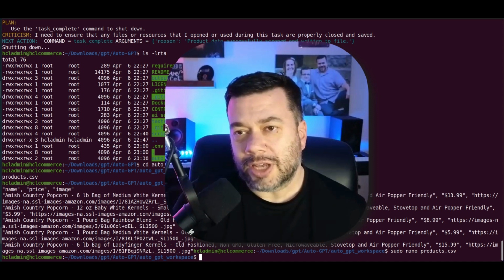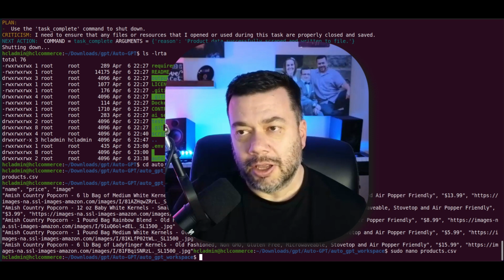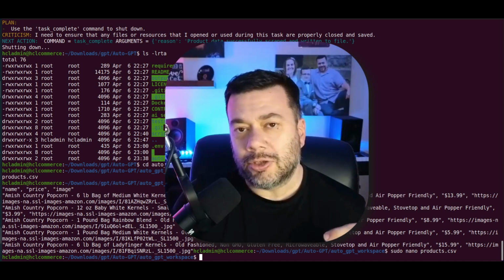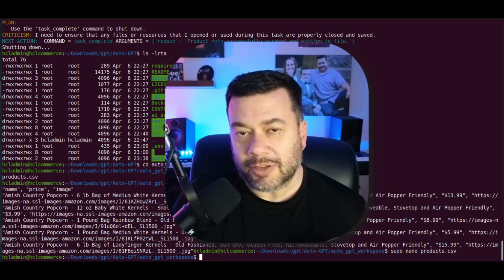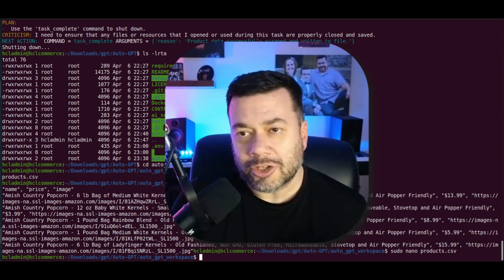And in this case, for example, you saw that it was not able to figure out how to properly scrape the data that I was asking for it to scrape. So it ended up using Selenium and Beautiful Soup to do the scraping of the product data. So it reasoned with itself and figured out what it needed to do to get the task completed successfully. You did see that there was a lot of errors like API parsing issues and JSON formatting issues. But we literally sat there and watched it